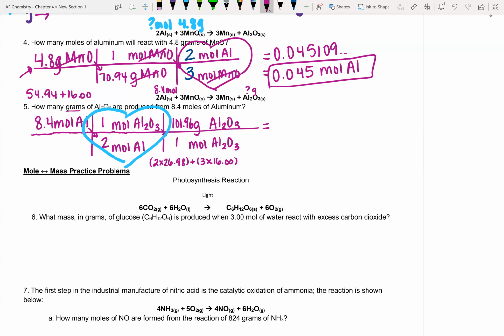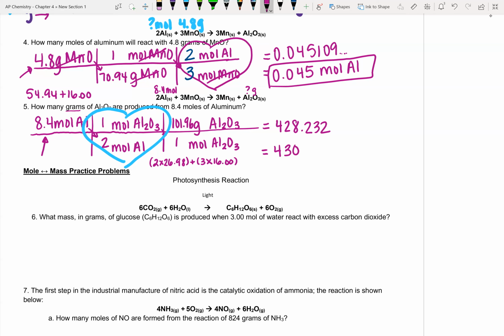We are ready to solve the problem. My answer is 428.232. Rounding it to sig figs, I started off with just 2 sig figs, so this answer is going to round to